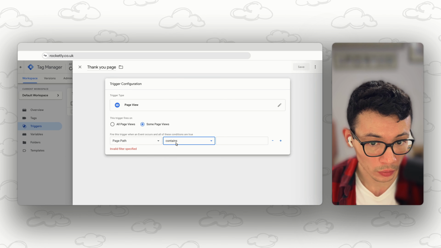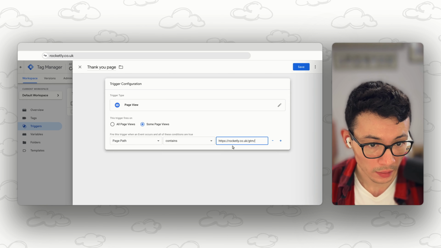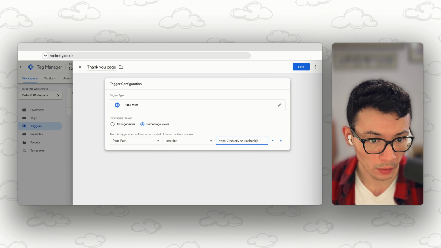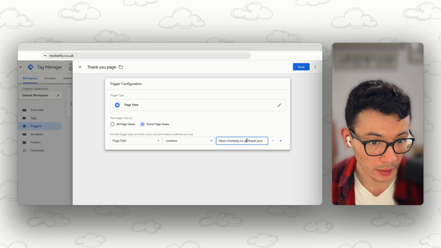And again, we'll do the condition as contains, and the URL of the thank you page is Wrh.co.uk/thank you. But again, because it's page path, we only need everything after the .co.uk of the domain. So if we remove this, keep it as /thank_you/ and click save,